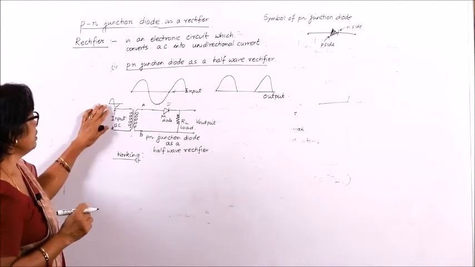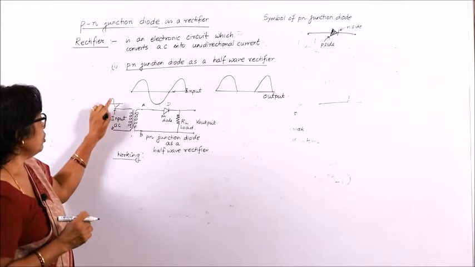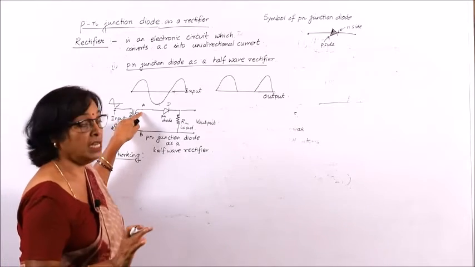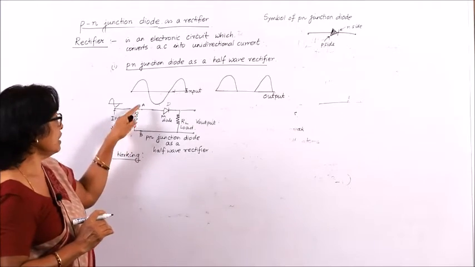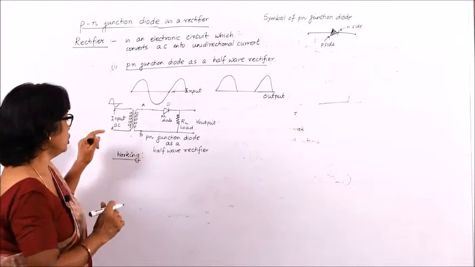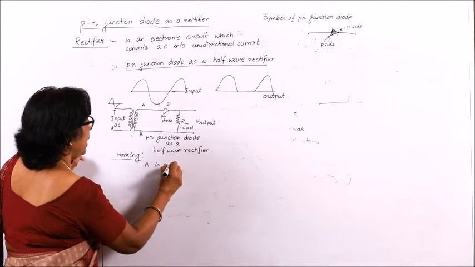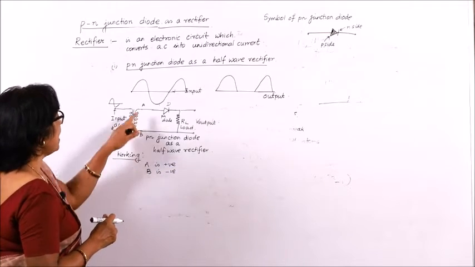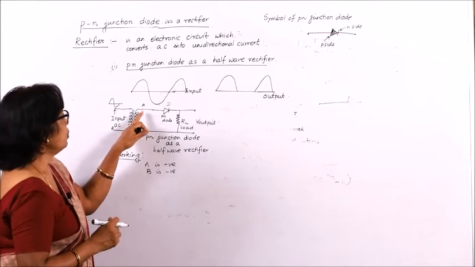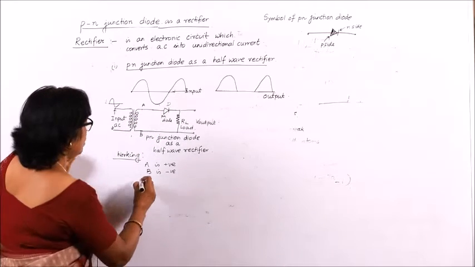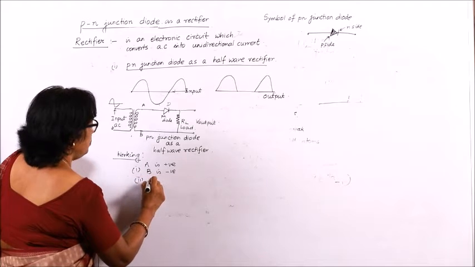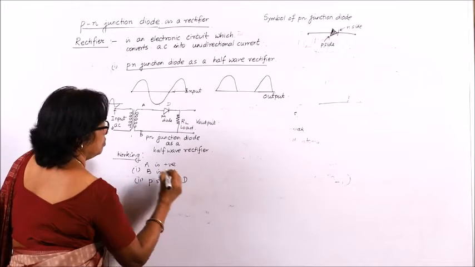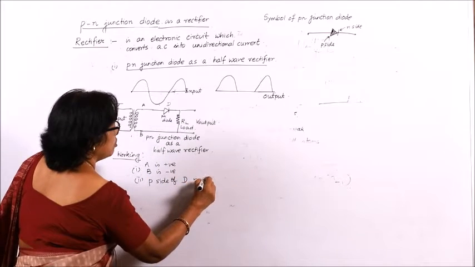Let us say for the first half cycle, the positive voltage is appearing here at A. That means A is at positive potential relative to the point B. These are the two ends of the transformer. A is positive and B is negative, so A is at a higher potential than B. That makes the P side of our PN junction diode D be at a higher potential